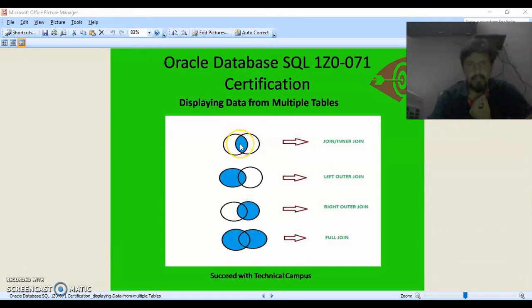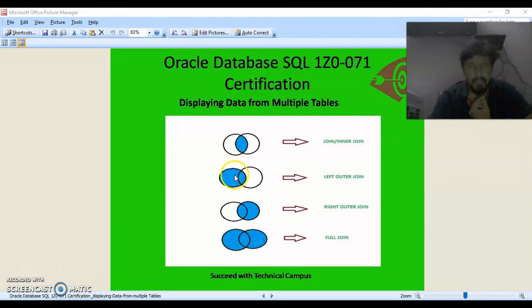The filled portion is common, meaning the rows which are common in both the tables. So it will only fetch those rows which are common in both the tables. That is inner join. The difference between join or inner join and natural join is that in join you have to specify the names of the tables and columns, but in natural join it will automatically take the common column between the two tables.